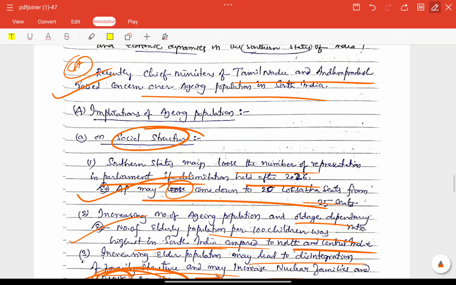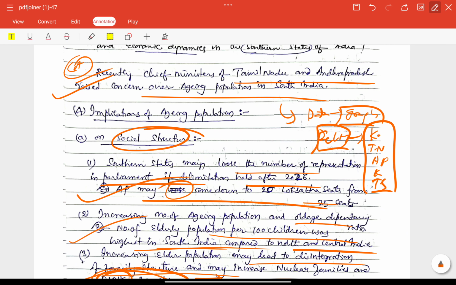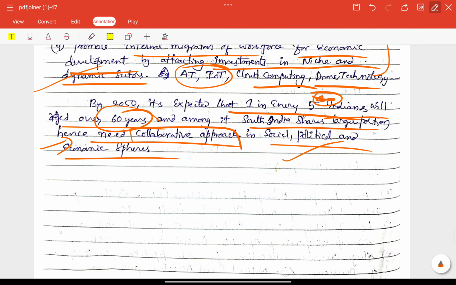So here we can include some important data here. Data means we can provide some graph, especially declining fertility rate of southern states, right? Kerala, in chronological order, Tamil Nadu and Andhra, and also Karnataka, finally Telangana, right? So need to include these types of issues as a presentation part here, right? So everything okay other than that. So for this answer we can give 6 out of 10 marks.